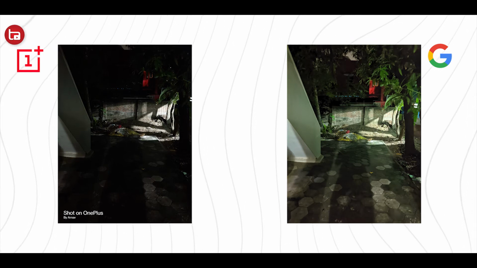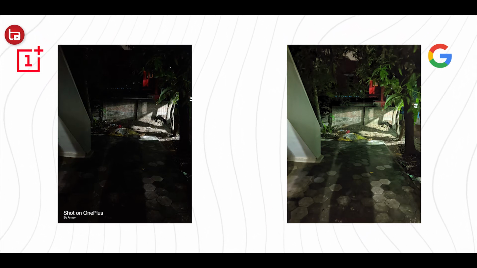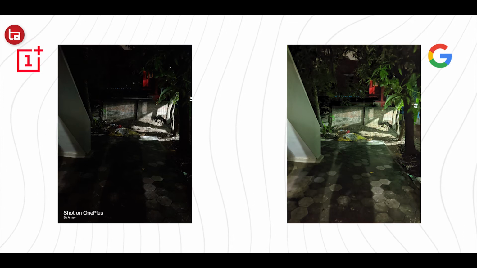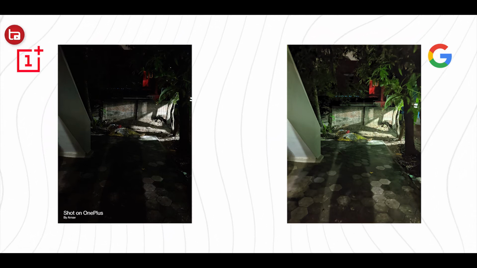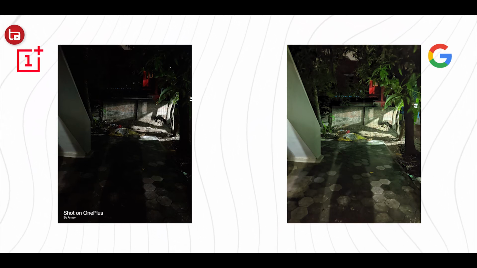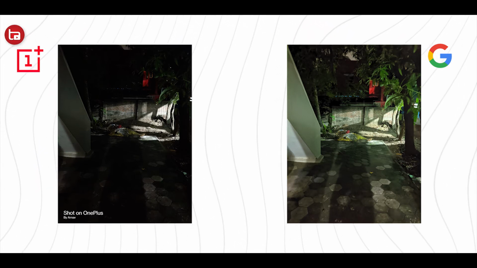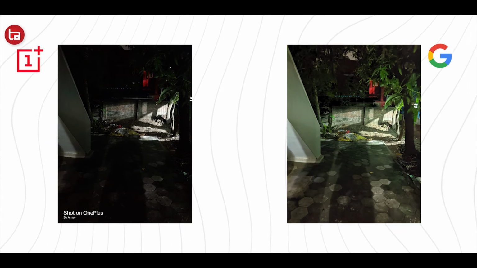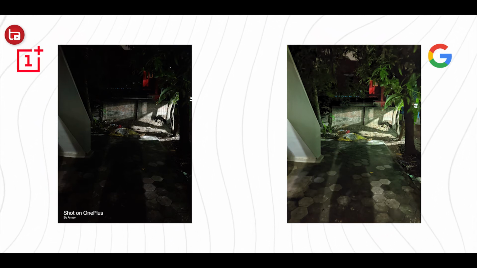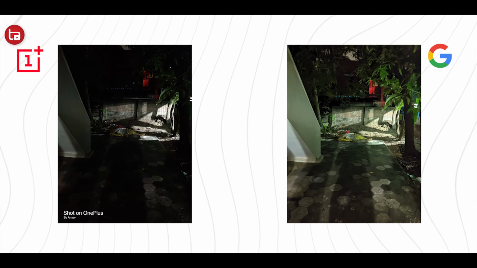But other than that, the results of the night mode shots on the OnePlus Nord and the Gcam are very competitive. As you can see in the first image, it's the shot of my backyard. And I like the OnePlus Nord's image over here, as it is more dramatic and more pleasing to the eyes. But when you compare these both images in terms of details, I think that Google's Gcam absolutely crushes the OnePlus Nord, as the image is brighter and more perfectly processed than the OnePlus Nord.